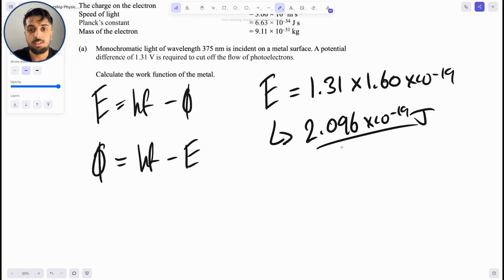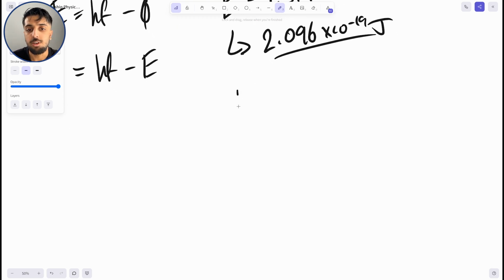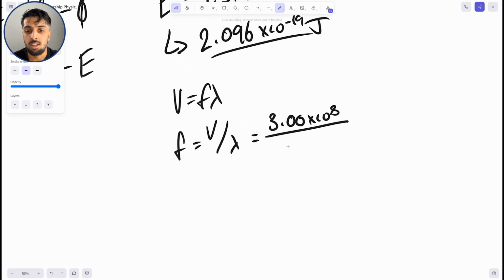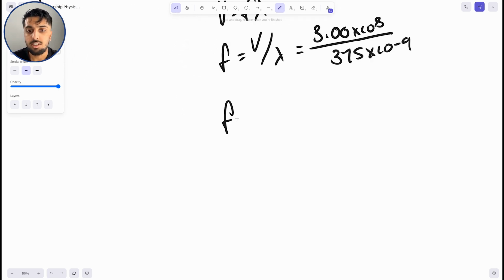And in order to get the frequency of the photons that are hitting the metal surface, we know that v is equal to f lambda, and therefore f is equal to our velocity over our wavelength. And the velocity of the wave is just the speed of light, so 3.00 times 10 to the 8, all over lambda, which is 375 times 10 to the negative 9,